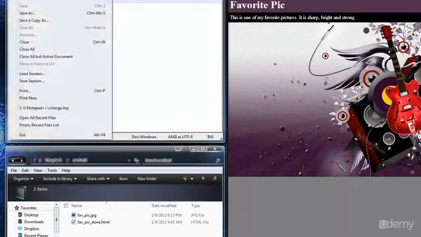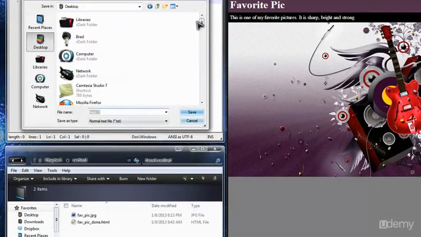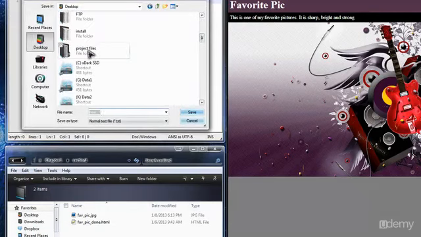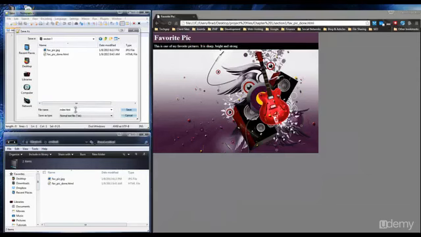Save as, and you should save the project before you even start. So I'm going to save it to the same folder, chapter 1, section 1, and we're going to name it index.html. The reason for naming it index.html is so that you don't have to actually type the file